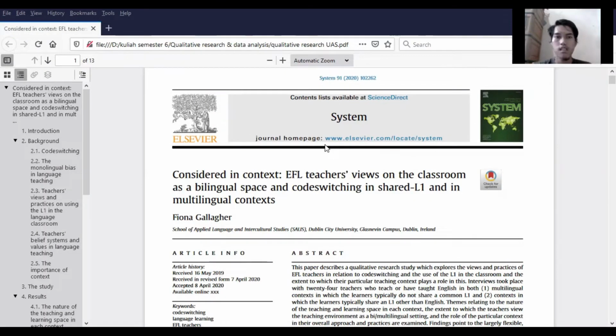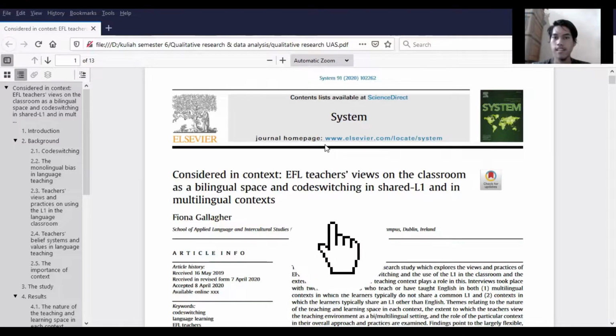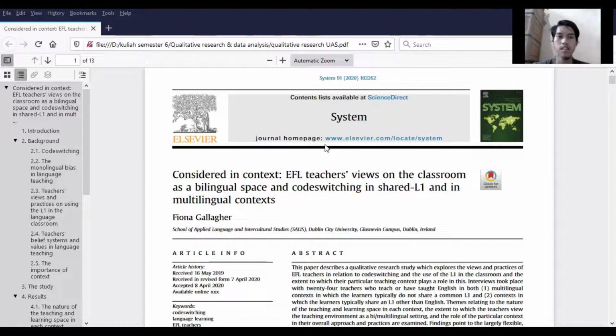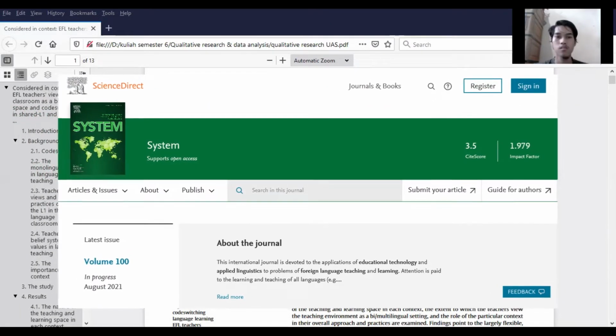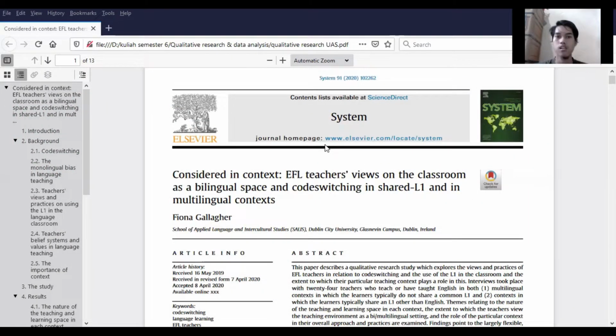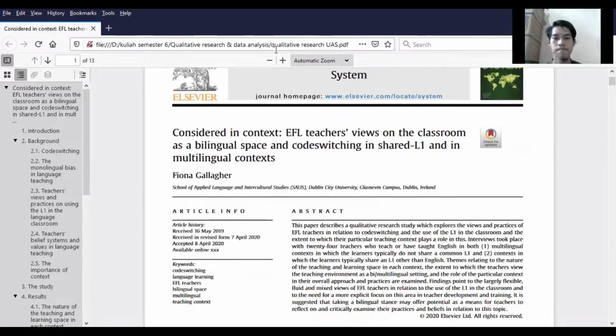The title of this article is Consider in Context: EFL Teachers' Views on the Classroom as a Bilingual Space and Code Switching in Shared L1 and in Multilingual Context. And I found this article in System Journal, Volume 91, July 2020, with the author or the researcher being Fiona Gallagher. As you can see in here,